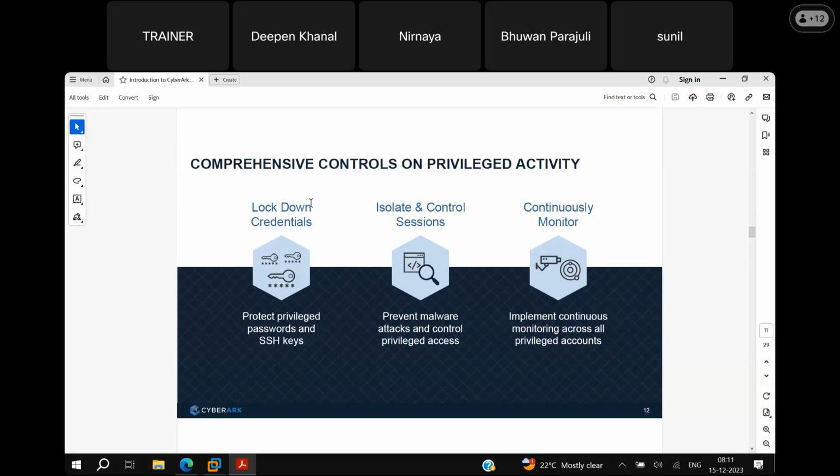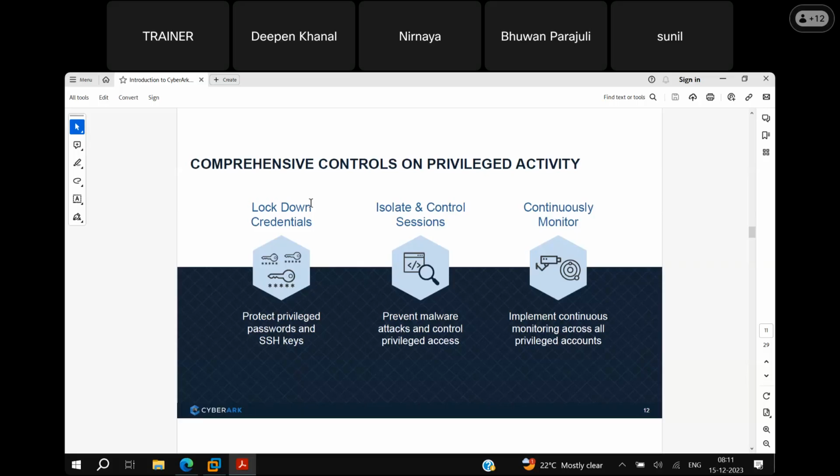We can see the lock symbol in CyberArk. During that time, if a second person wants to log into the Windows machine with the same administrator account, CyberArk will not allow it because the account is already locked. The password is already locked.